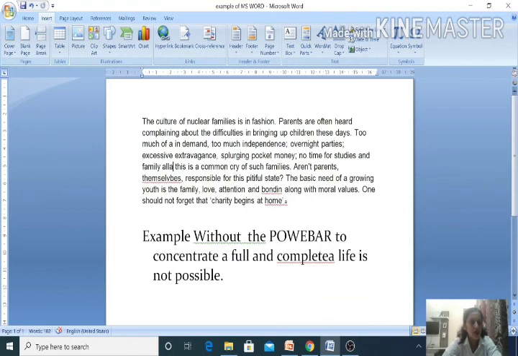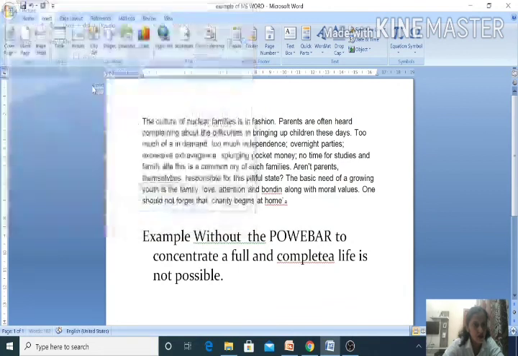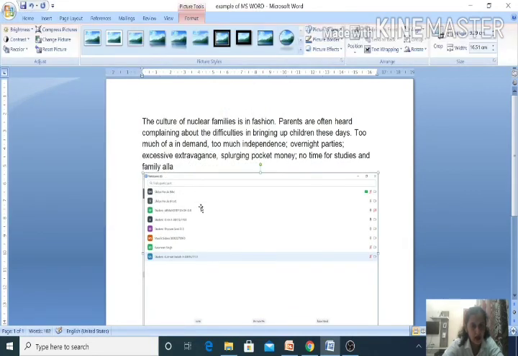So you can see here, whenever I want to insert any kind of picture into this, I have to click on picture. Suppose I want to select this, I have to simply select it, and the picture will be inserted into your MS Word. From here you can change the properties of this picture. You want to give it a border, any effect you want to apply to the picture, you can do it.